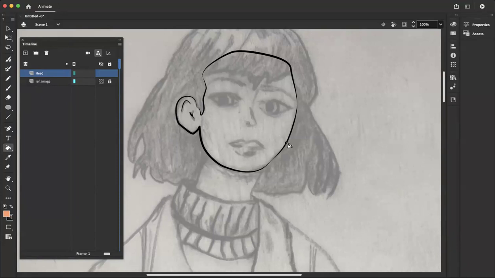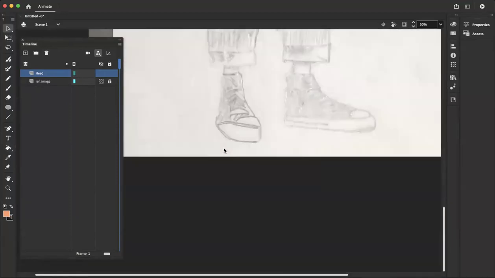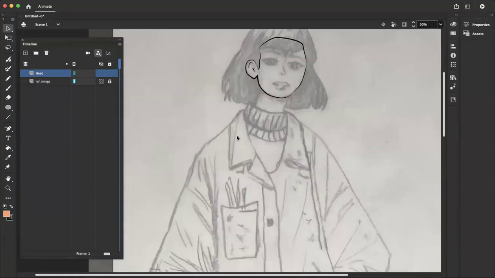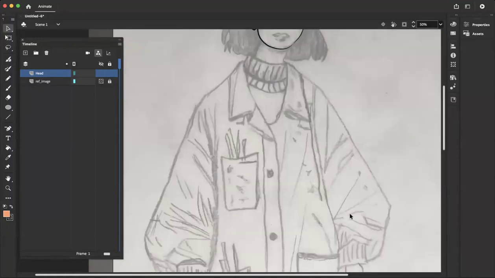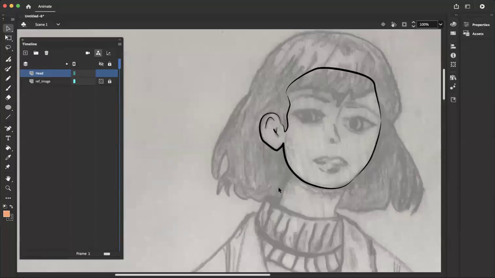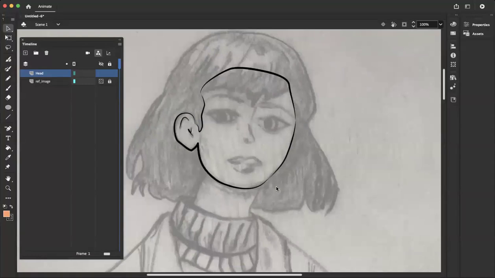Now, everything in our body, when we're creating our character, we have to think about what exists in the front or the back of our character. My character's facing a little bit forward here, but this arm would be kind of my back arm, and this would be my front arm. This hair is behind the back of the head. This hair is on top, right? So there's ways that I'm going to organize things. My neck would go behind my head and behind my sweater, right? So those kinds of things will change what order our layers are on